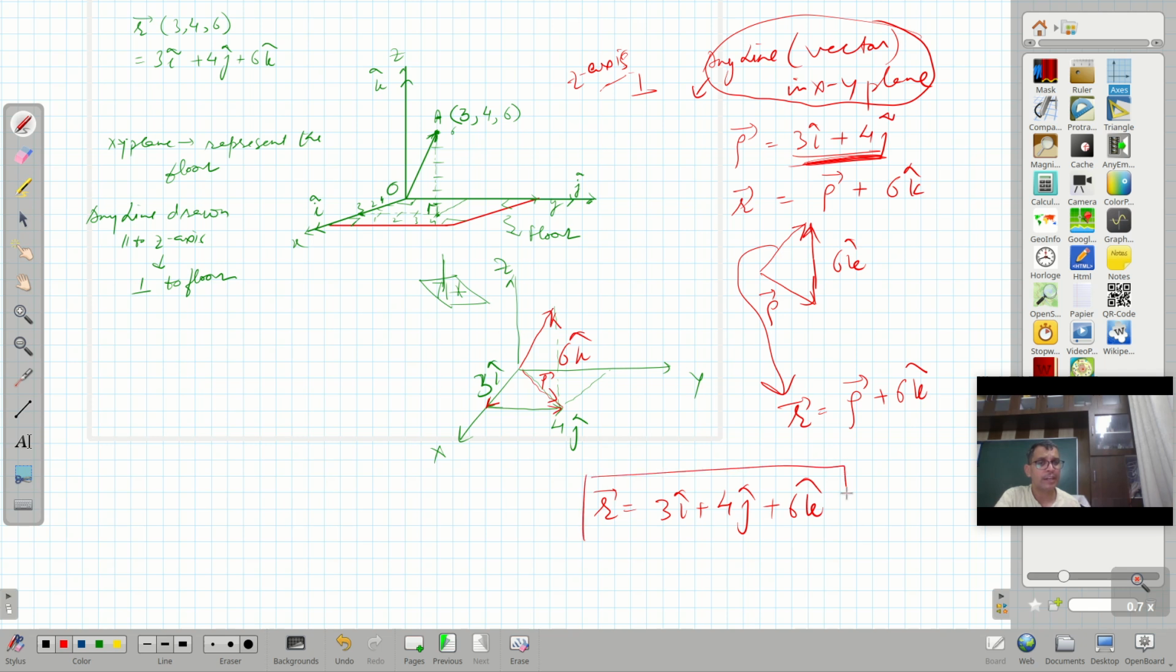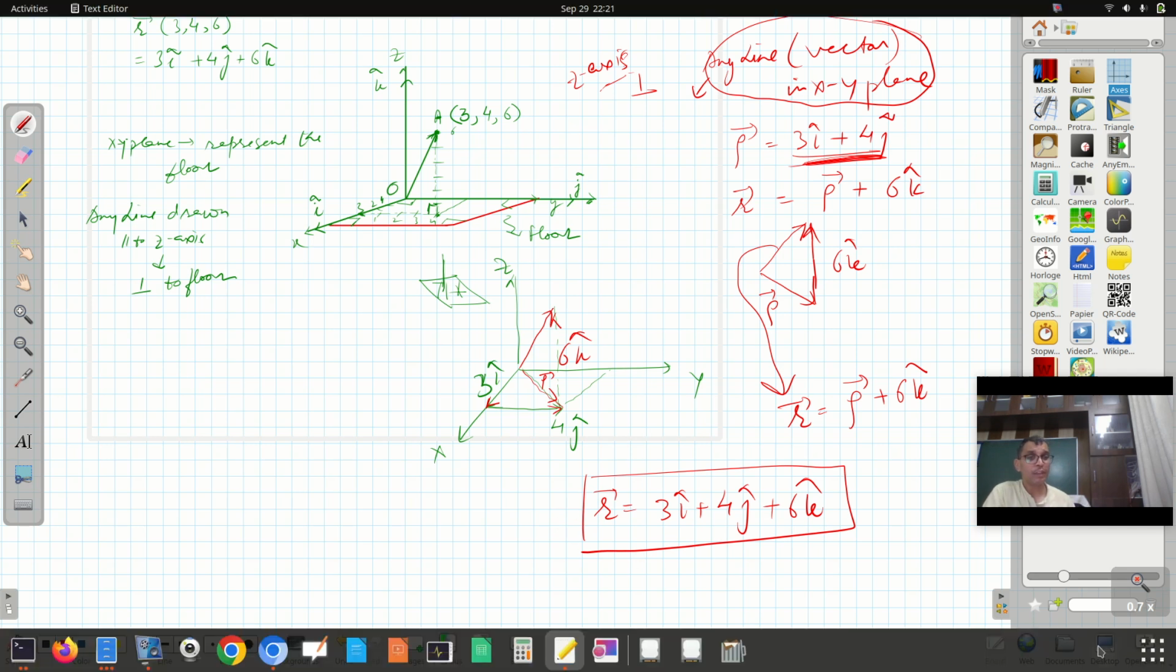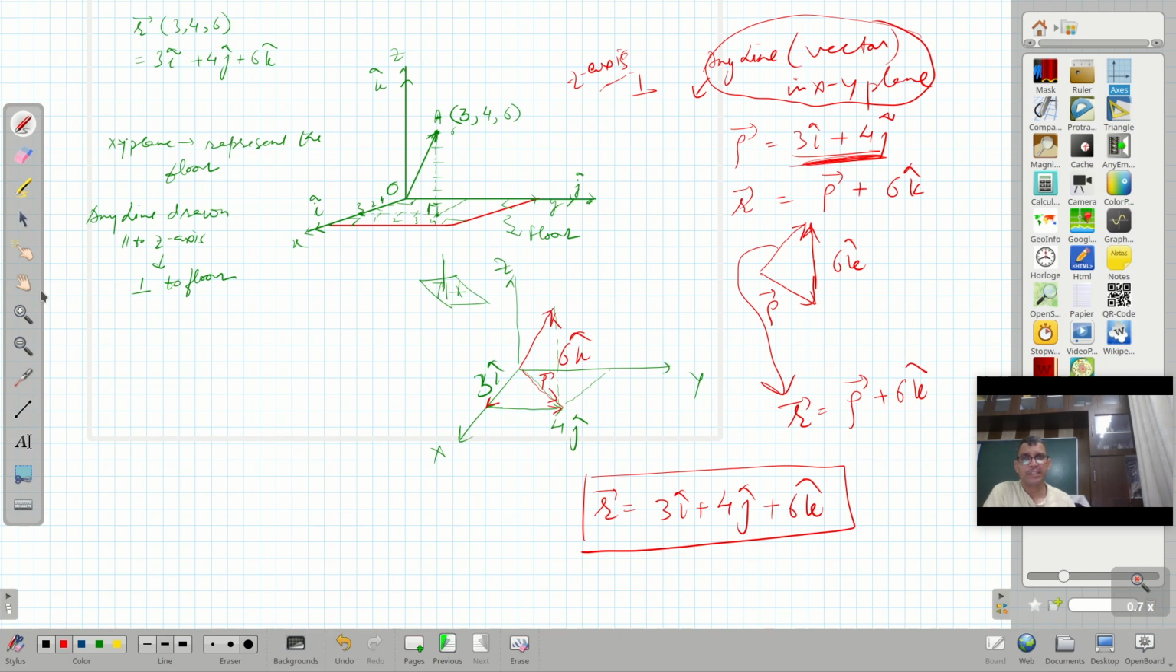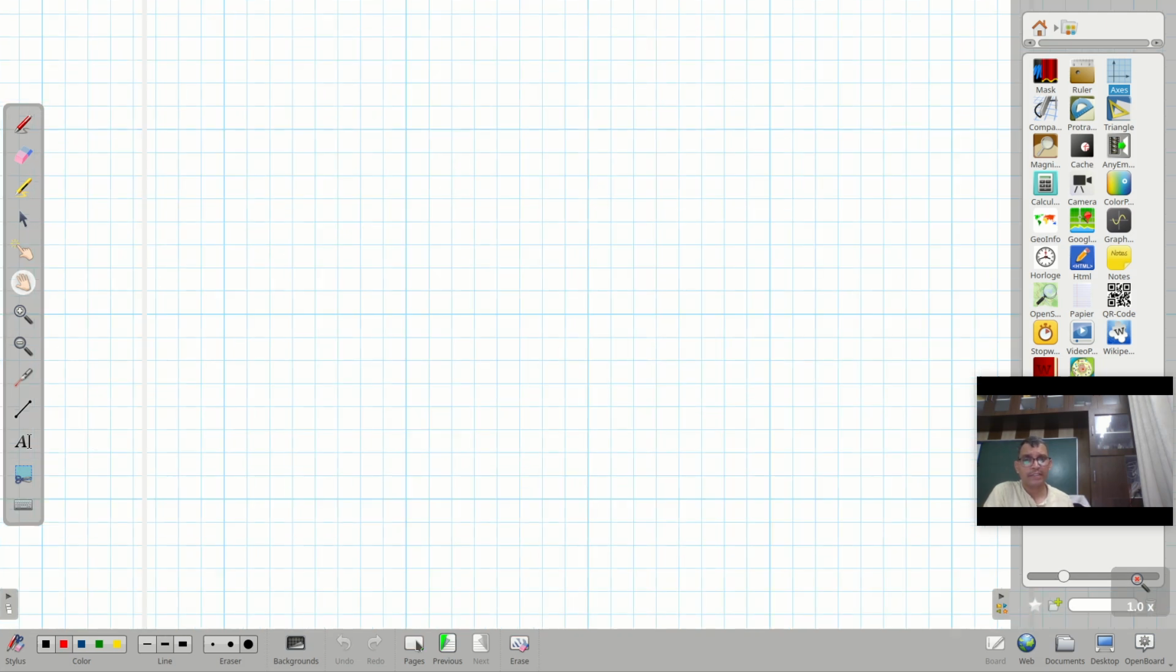This is the way things can be represented in three-dimensional space, or the position can be represented in three-dimensional space. Now what should I do? Let me generalize it. To generalize, this r vector is represented by x i cap, y j cap and z k cap. But if